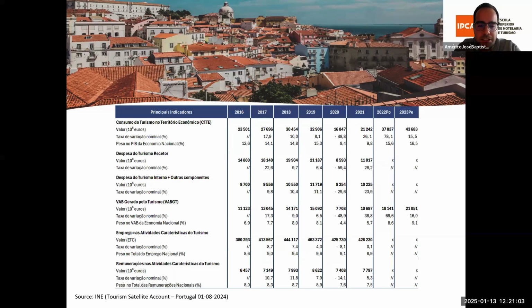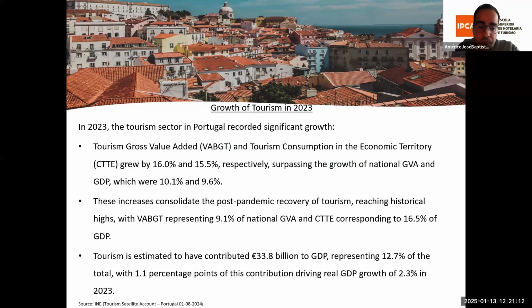Now, we have the major indicators from 2016 to 2023. For example, in 2023, the last year we are studying, the tourism sector in Portugal recorded significant growth: GVATC and tourism consumption in the economic territory grew by 16% and 15.5%, respectively, surpassing the growth of national GVA and GDP, which were 10% and 9.6%. These increases consolidate the post-pandemic recovery of tourism, reaching historical heights, with GVATC representing 9% of national GVA and